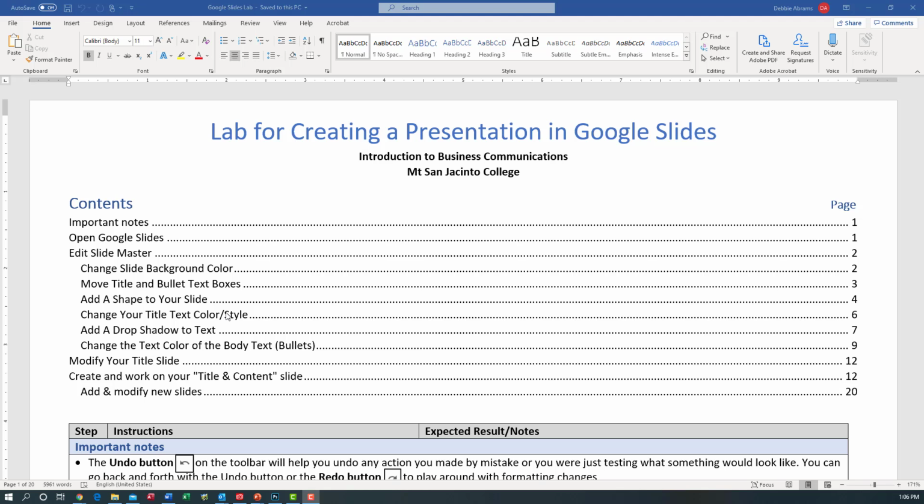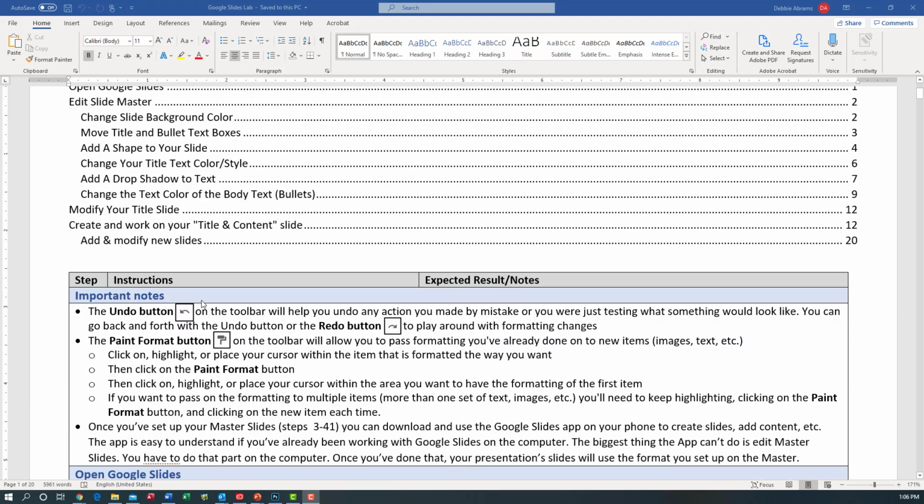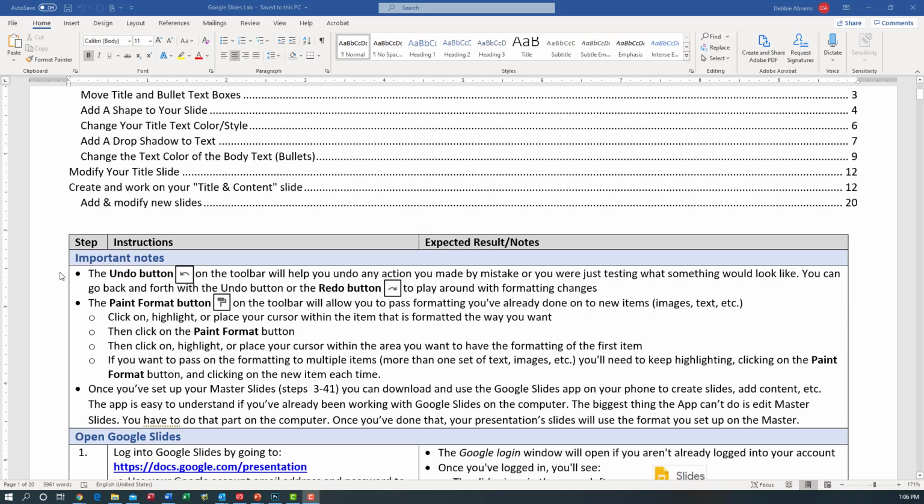So in the very beginning, I have some keynotes. Remember, I've taught you in class that the undo button is your friend. If you make any kind of mistakes, just hit the undo button, and it will undo each step back to its original memory. So if you've done 5 or 6 things that you're realizing you don't want to keep, just hit that undo button 5 or 6 times